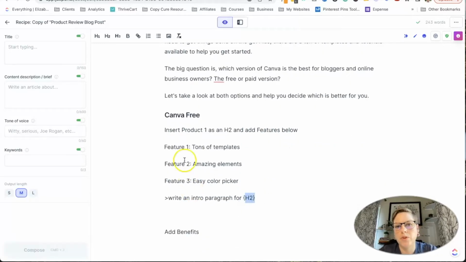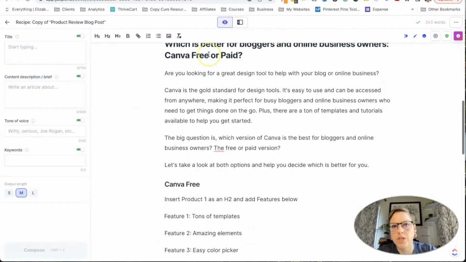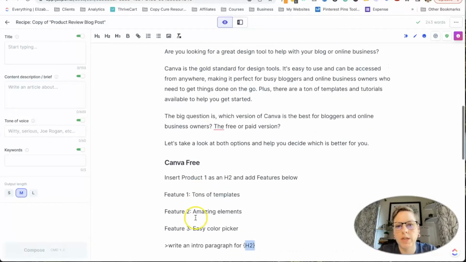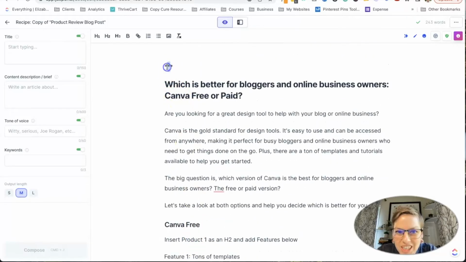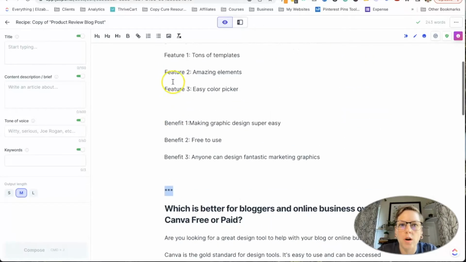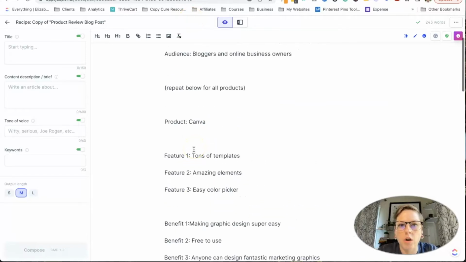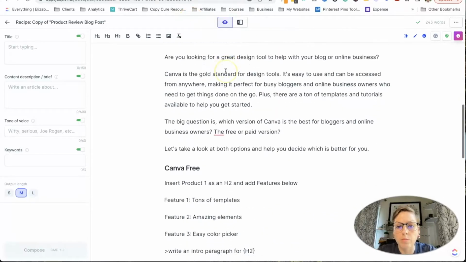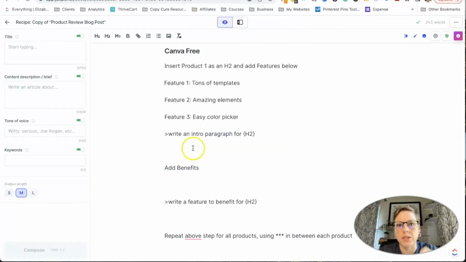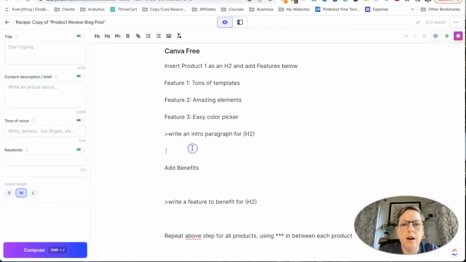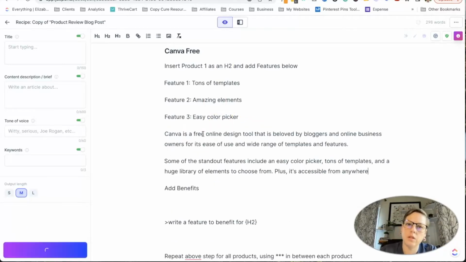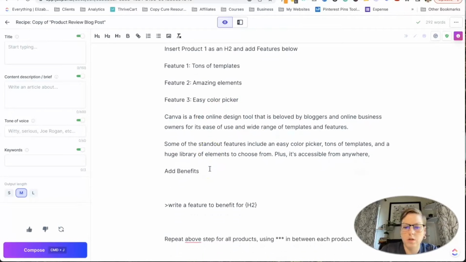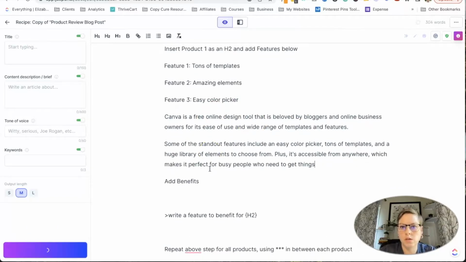The reason I want to put this here is because it will look above for information. So it's using what's already written to help, except from here. These three dots tell it to ignore what's above here. And this is just our go-to reference point to put into this recipe. So I'm going to keep it going.